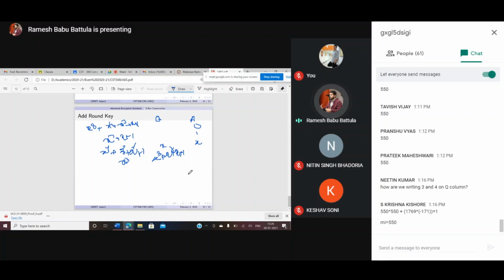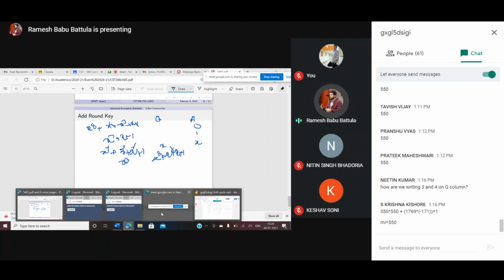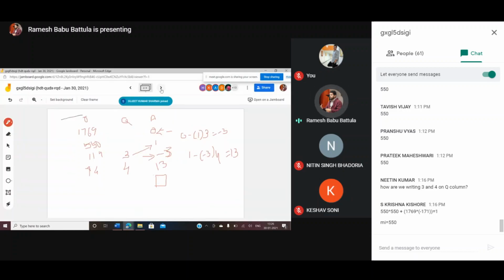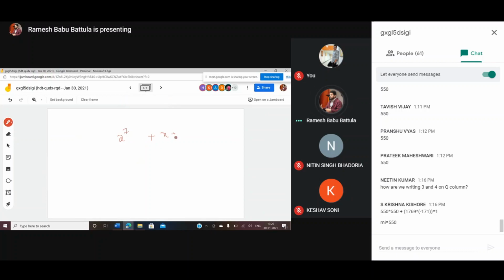Simple. I will explain this one on my whiteboard, so that you will get to know how to perform it. Here x power 4, x power 3, x square plus 1 is there, and here x power 7 plus x plus 1 is there. Suppose we come to our whiteboard. In the whiteboard you might observe, this is my x power 7. You use some gaps, plus x plus 1 is there.